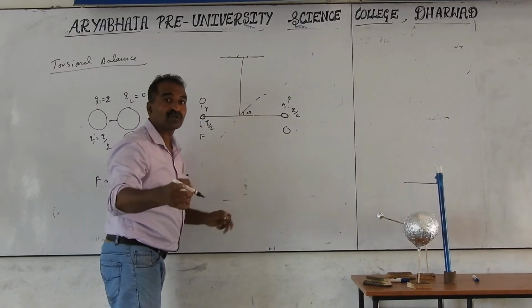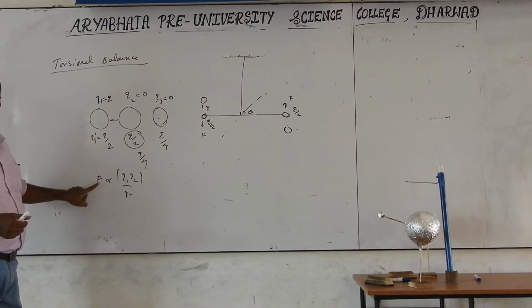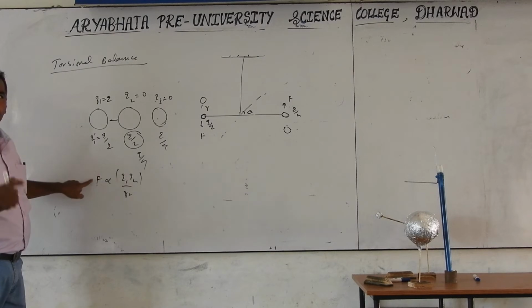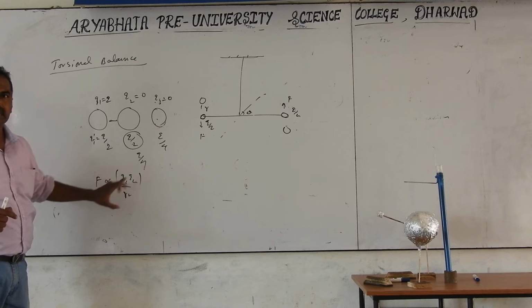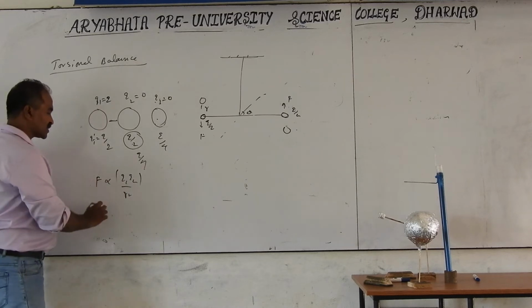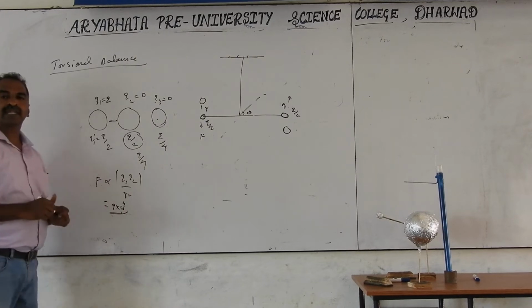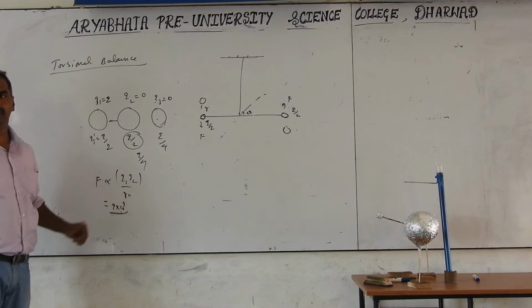For the torque calculation, torque is nothing but force into distance. From that we can get the expression for force, the known force and this unknown force. With the known force applied, compare the known left side value, and calculate the right side values based on that. We also calculated the proportionality constant value as 9 into 10 to the power of 9. To get this, the constant is put as 1 by 4 pi epsilon naught, additionally introduced.